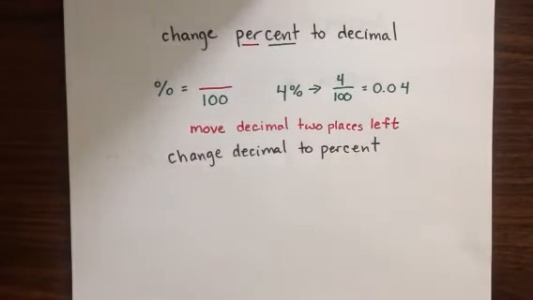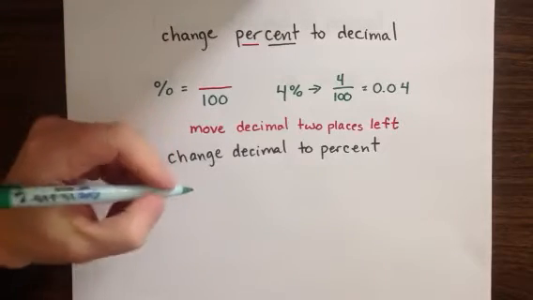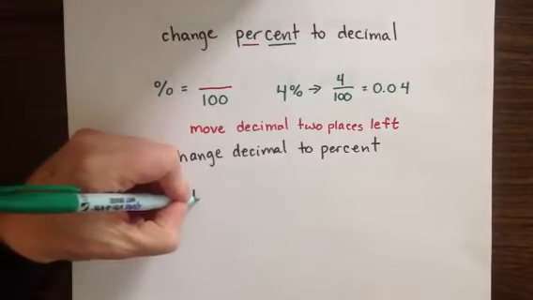Now we're going to look at changing from a decimal to a percent. So to think of this one, let's just first consider any number that has a decimal in it. So if we start with the number 1.2,